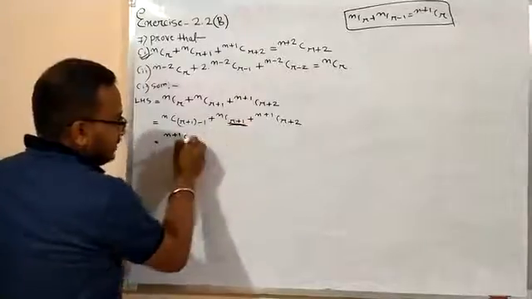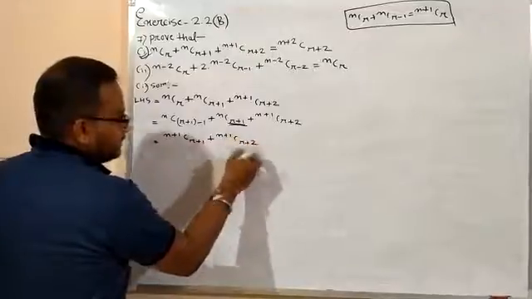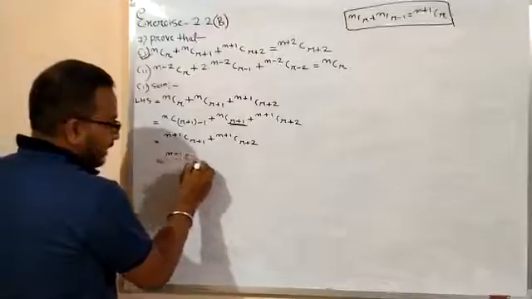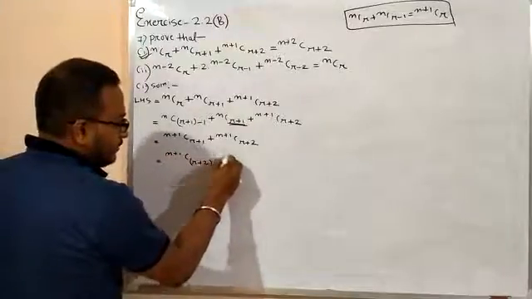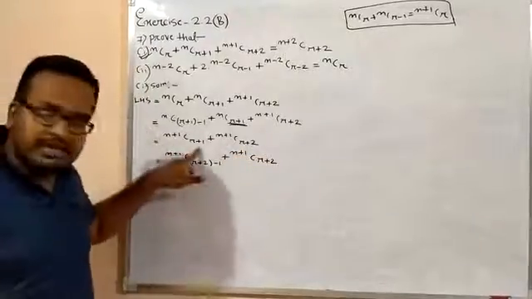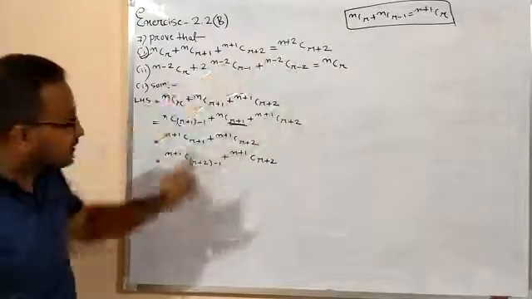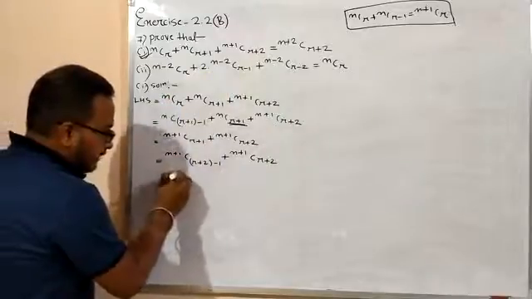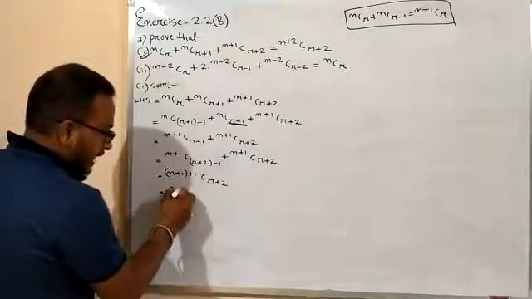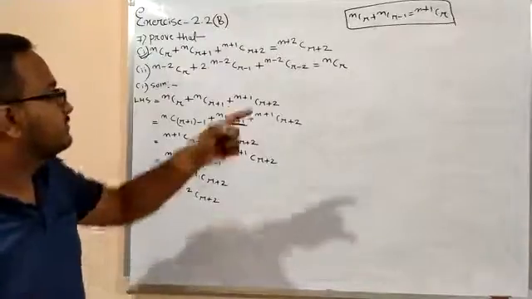Now something is this one, that is r+1 plus n+1Cr+2. Okay? Now you see, now I can write this as n+1C(r+2-1) plus n+1Cr+2. Isn't it? Because r+1 can be written as r+2-1, because 2 minus 1 will be 1. Right? Now again use this formula here. You will get n+1+1Cr+2. Isn't it? So it will be n+2Cr+2. So it is done here. Right? It is done. This is the proof.